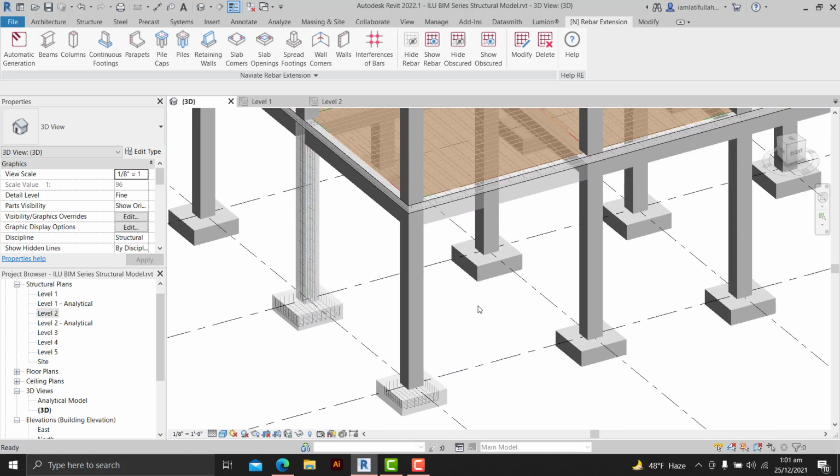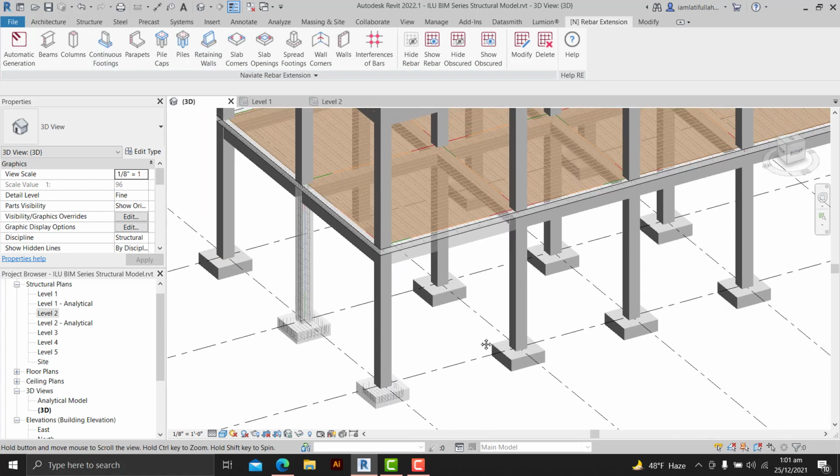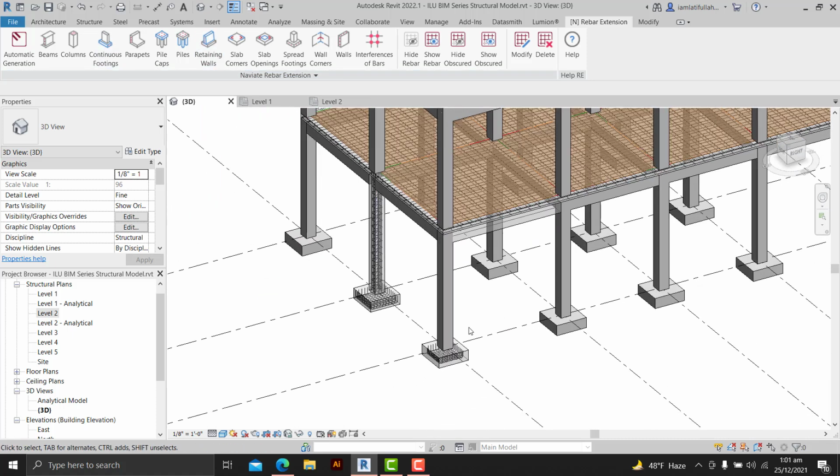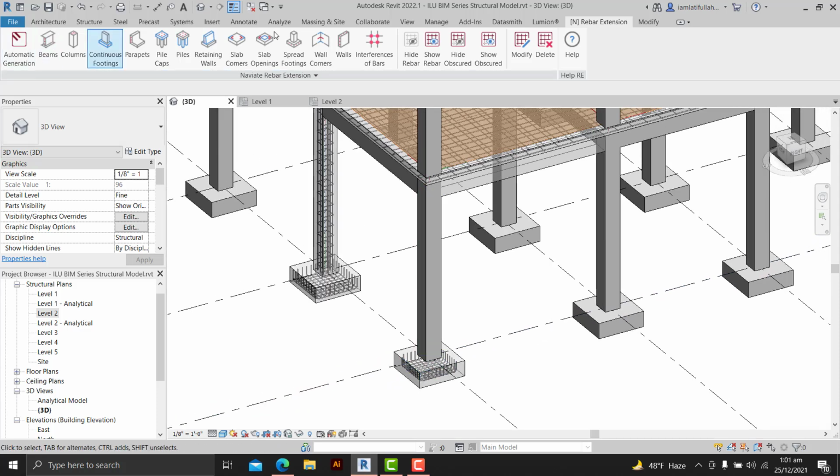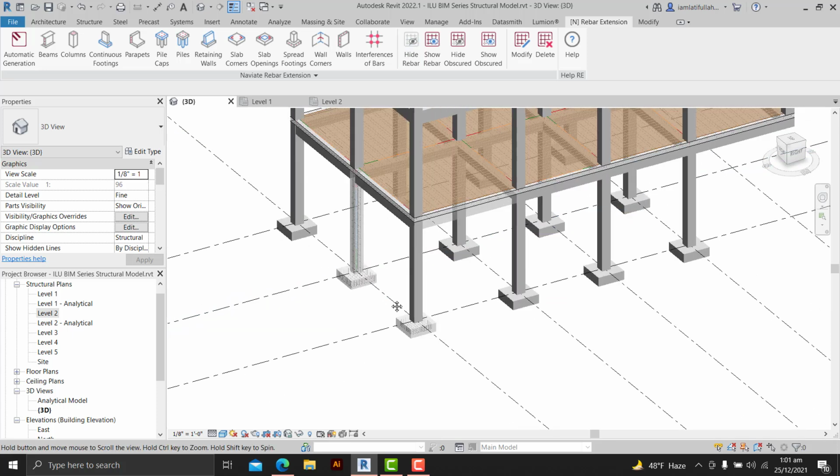Okay, so we have all these options. First we will see how we can add reinforcement using the manual method, and then we will use these extensions for adding reinforcement in our structural elements.